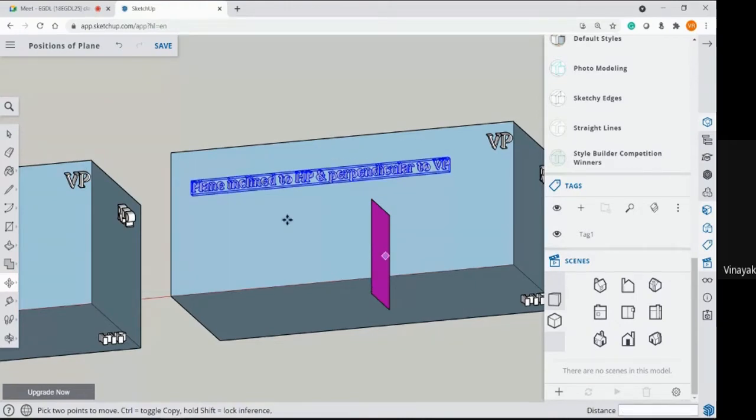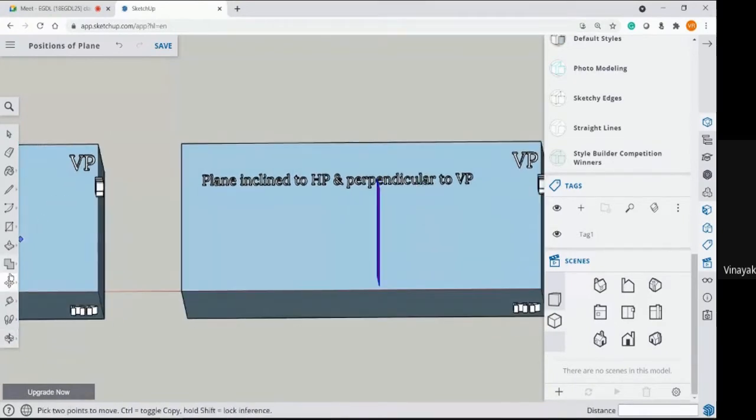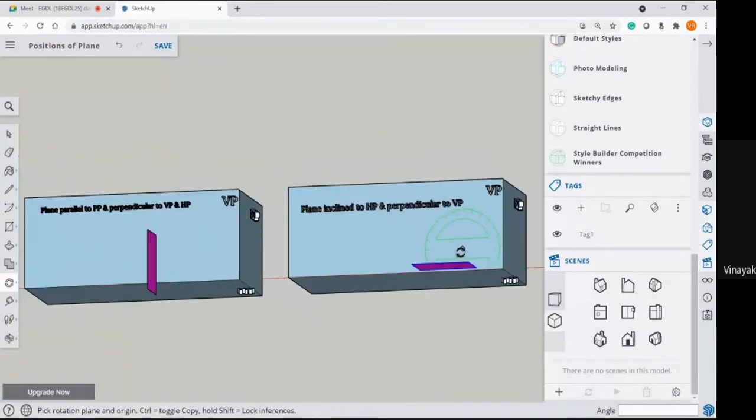Sorry, I have to select this, then move it. I have to get it to the fourth position. Let me rotate it and place it like this. Now see here, I'll just rotate it.